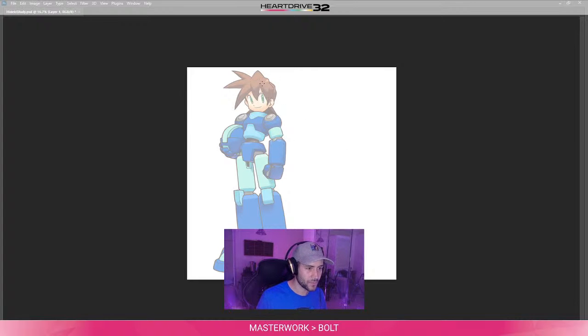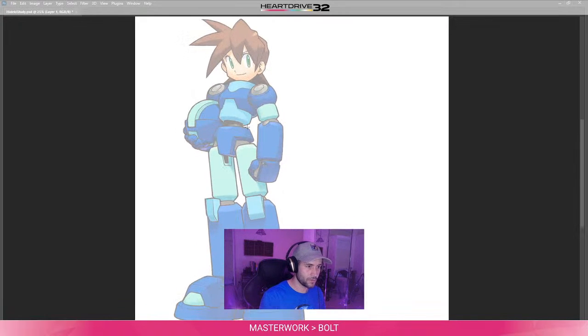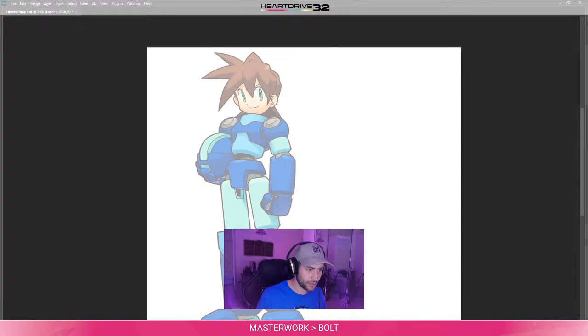Okay. So let's see here. Zoom in while I'm working on it here. Volume of his head here, and then typically with drawings you do a line to indicate the bridge of the nose as well as where they're looking. Then,